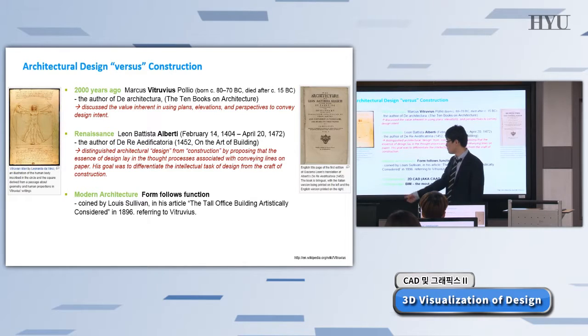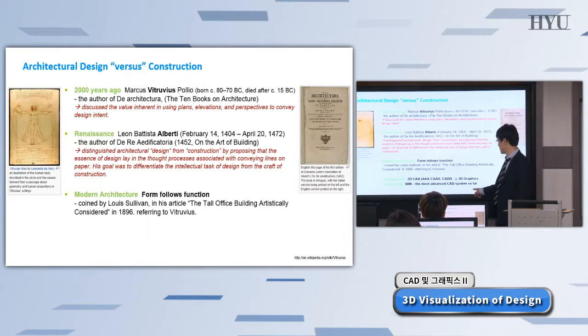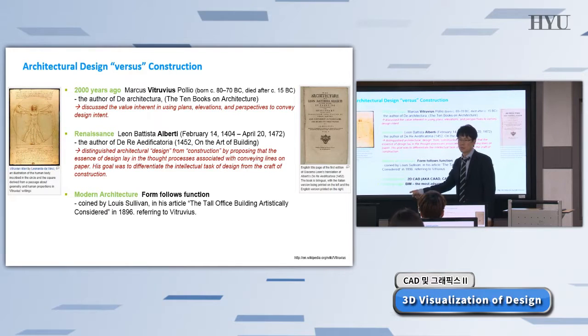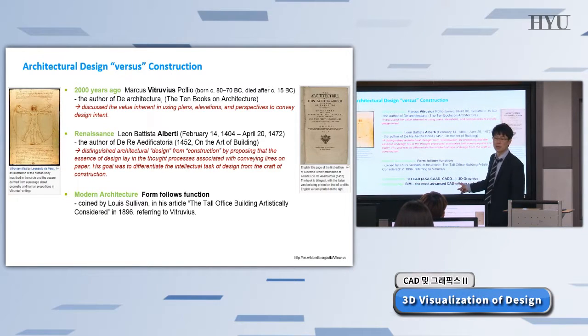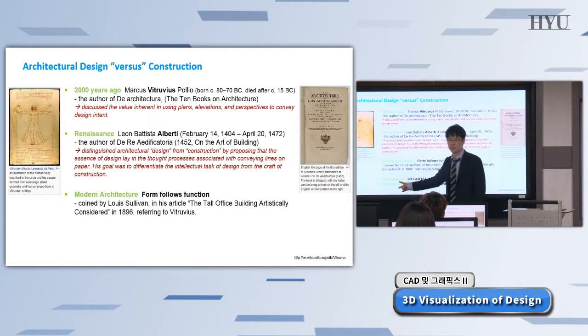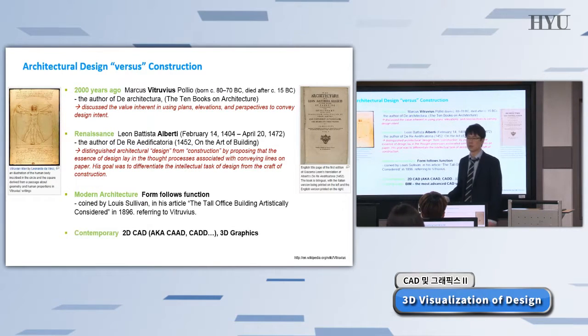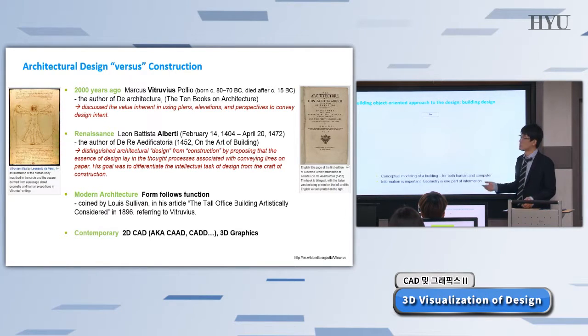But actually, some cutting edge technology, so-called BIM, Building Information Modeling, the most advanced CAD system, is a different story. BIM aims to integrate the entire information set throughout the life cycle of a building. That's one difference. But actually, this is out of scope of our class this semester. This is the scope of next semester's class, okay? So I would like to introduce you to some building object-oriented approach before getting